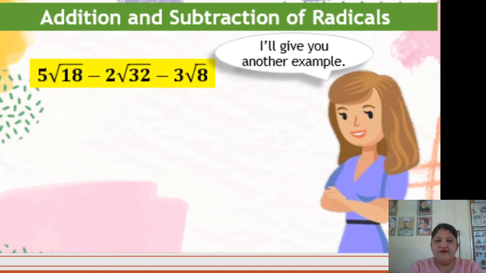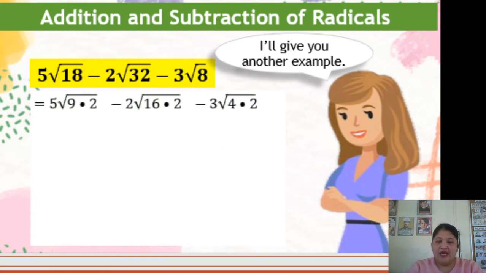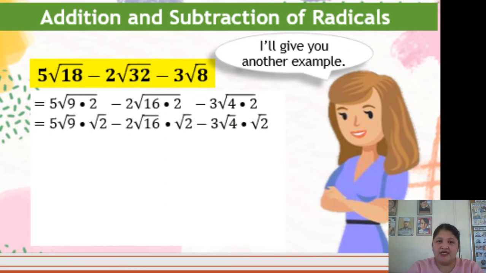So, we have 5 square root of 18 minus 2 square root of 32 minus 3 square root of 8. First, let us look for the numbers that have a perfect square or a perfect cube. So, we have 5, 9 times 2 is 18, minus 2, square root of 16 times 2, and 3, 4 times 2. So, the next step is, we are now going to,